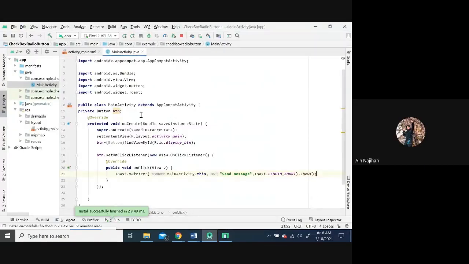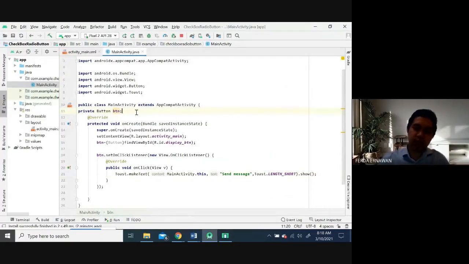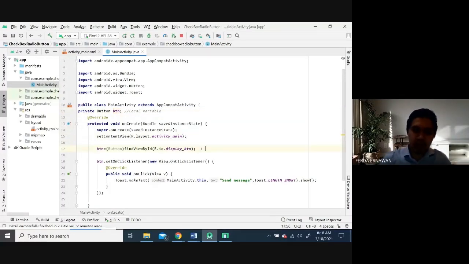Number one, you need to declare this local variable, and then this is your link between the Java file and the XML file.